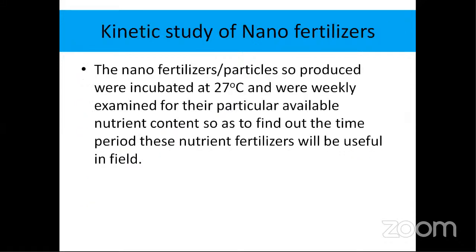After production of these nano fertilizers, the important aspect is what was the point of producing these nanoparticles? Why do we have to produce these nanoparticles? The basic thing was that usually what we see in the soil system when we add nitrogen, phosphorus, or potassium, they are highly vulnerable to losses like volatilization losses, fixation losses, microbial losses. And usually with nitrogen, it is lost within 3 days in the soil system.